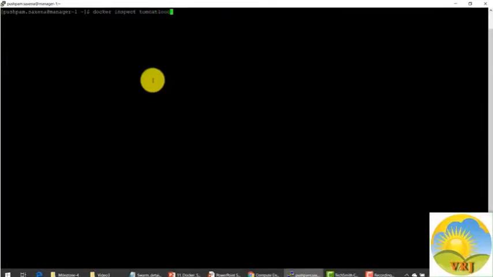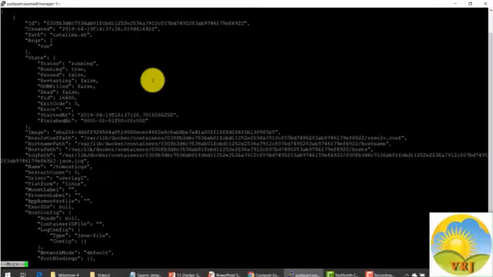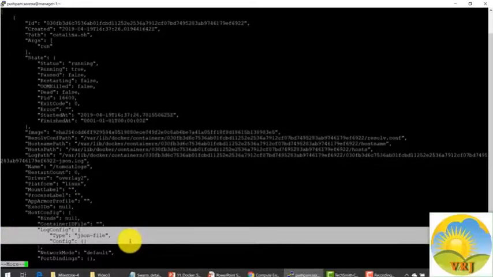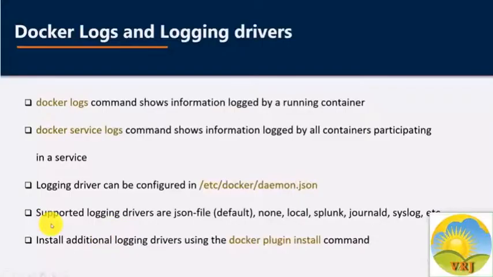So docker inspect tomcat-logs and we will more it. Here we can see the log config. The type is json-file, which is the default one. Some of the supported logging driver types are none. If it is none, then no logs are available for the container and docker logs does not return the